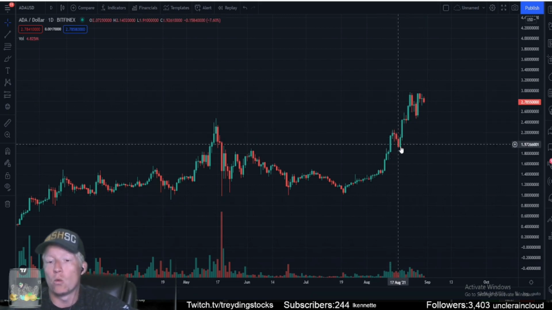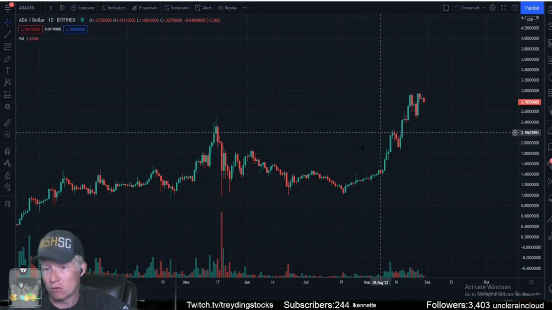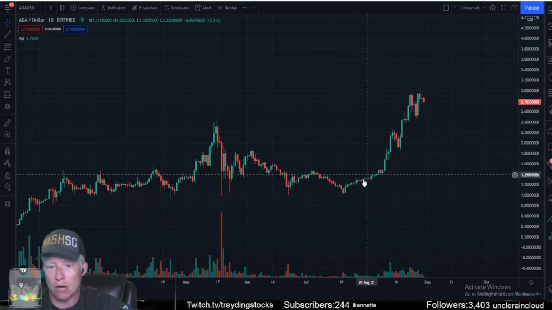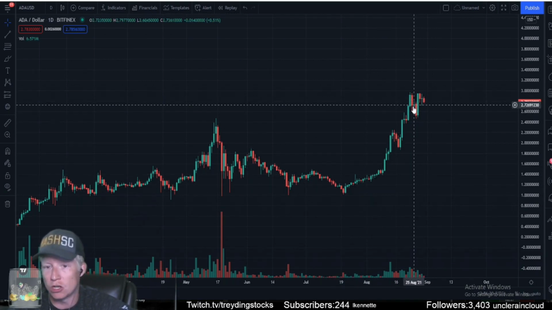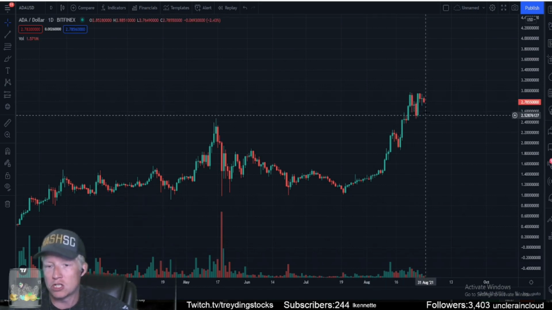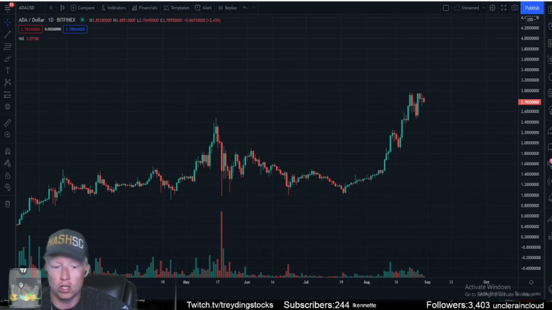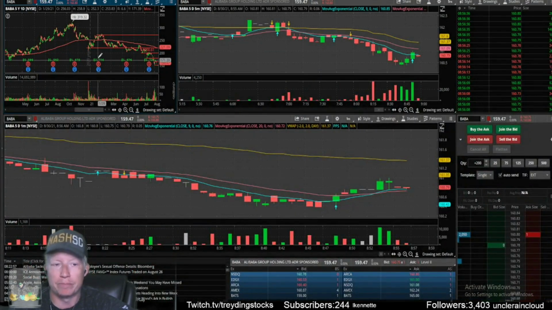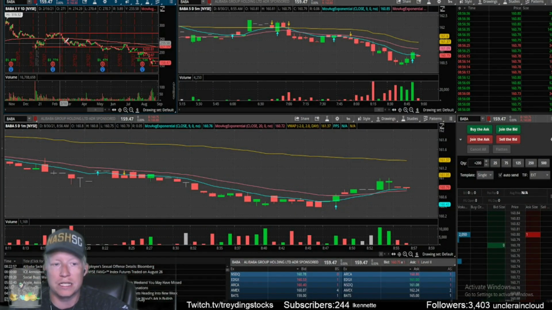Once again, micro weakness into macro strength, right? This thing has macro strength. It is uptrending on the daily chart. And you're buying small weakness inside of a strong chart instead of buying like everybody wants to buy the rips